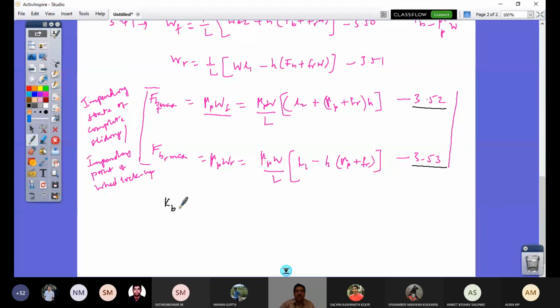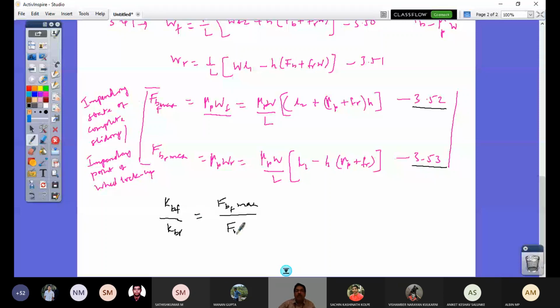So let me write that expression, KBF by KBR. What is KBF? It is the fraction of braking force in the front axle from the total braking force that is available, right? KBR is what? It is the portion of the total braking force on the rear axle that's available from the brake system. So KBF and KBR are the fractions that we say. So this ratio should be exactly the same as that of FBF max by FBR max.